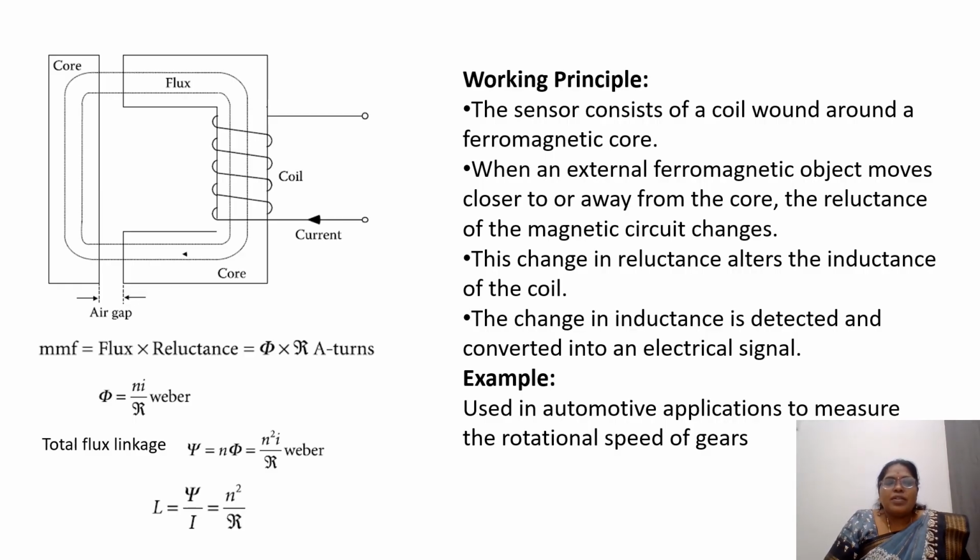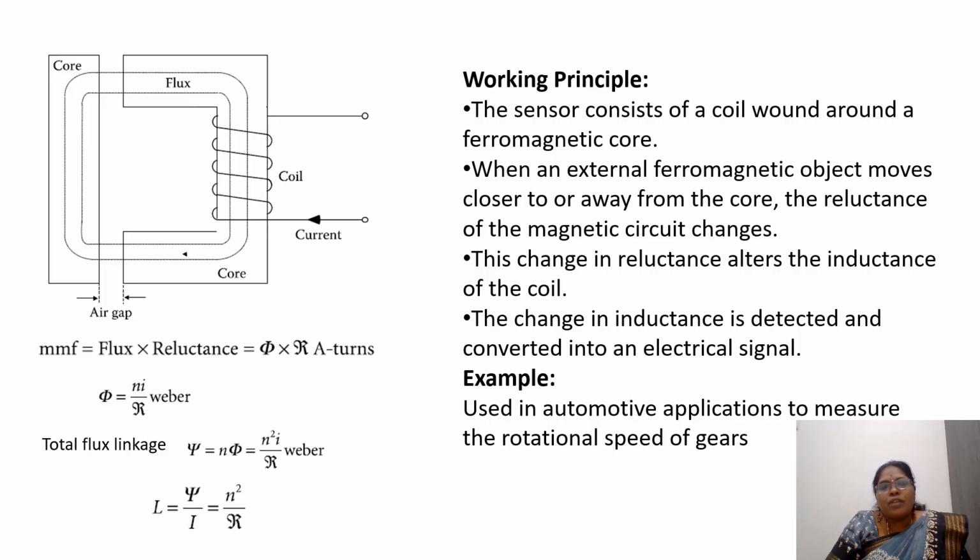So this is the reluctive type. This is the core. We have a core, and this is the sensor. It consists of a coil. This is the coil, and this coil is wound on this core. Now, when an external ferromagnetic object, suppose here you have the ferromagnetic object, is moved